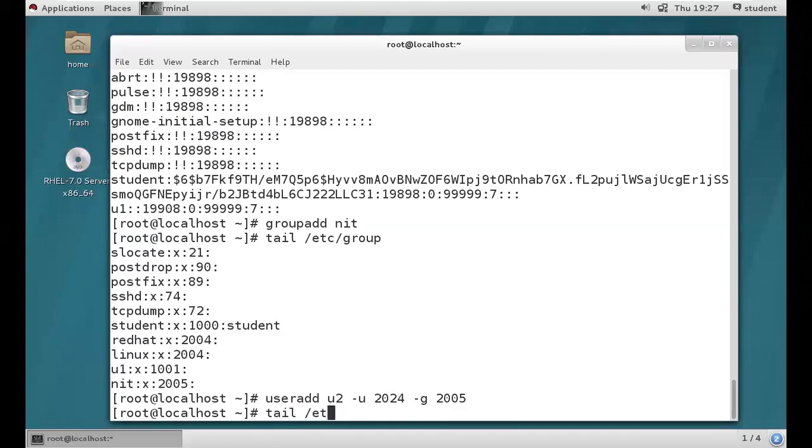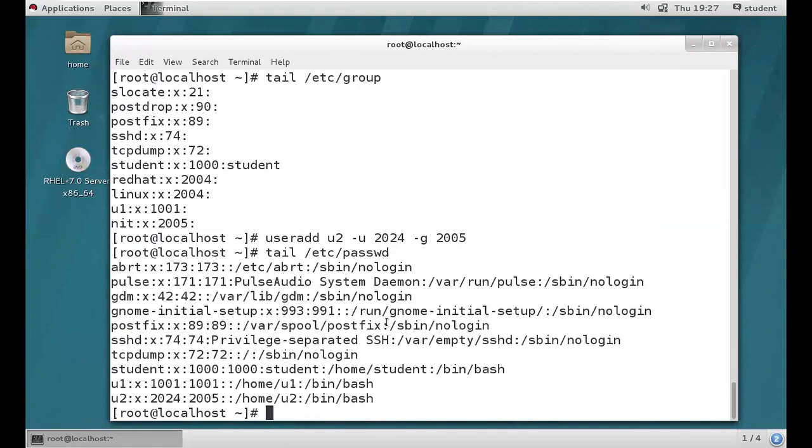Let's see, tail /etc/passwd, right? See. So if you need to use -g, at least one group should exist, and only then can we provide the existing group ID for small g.